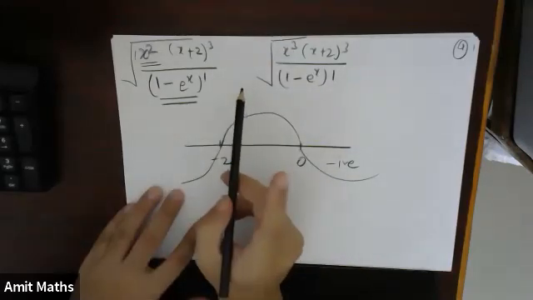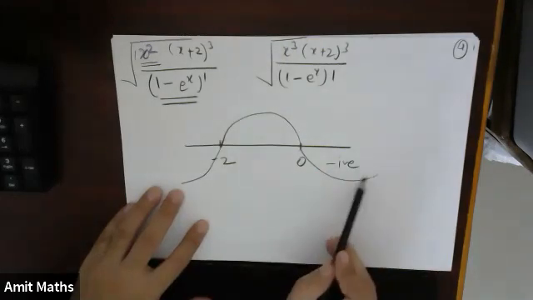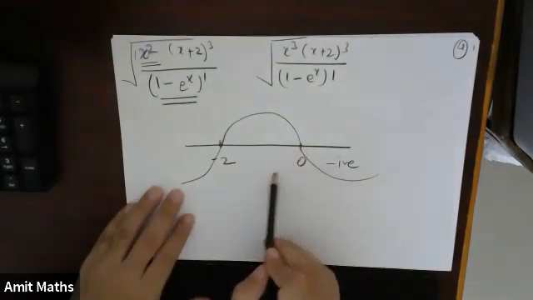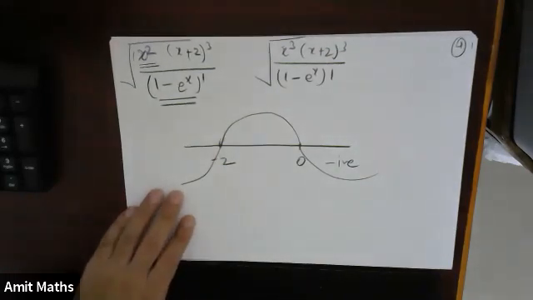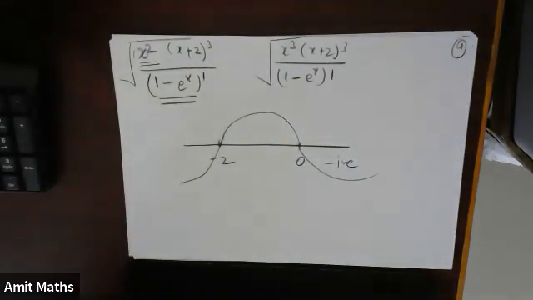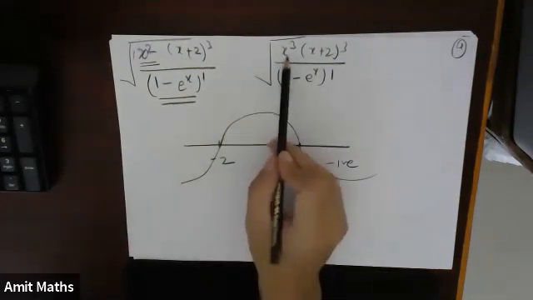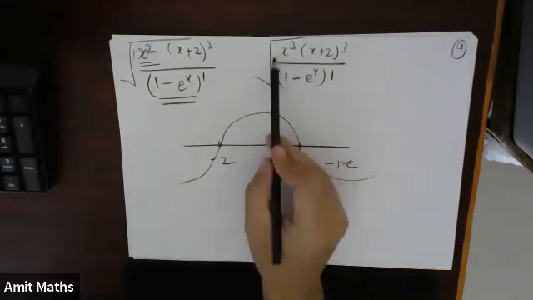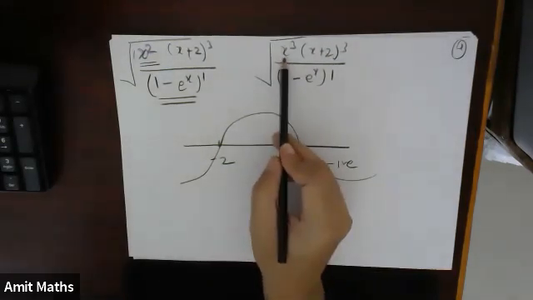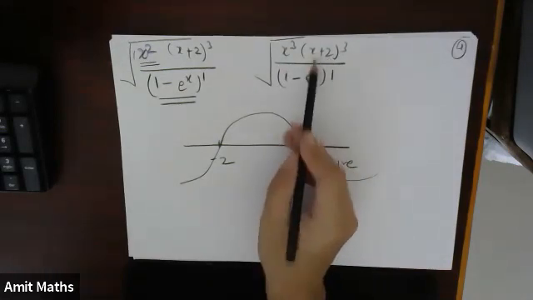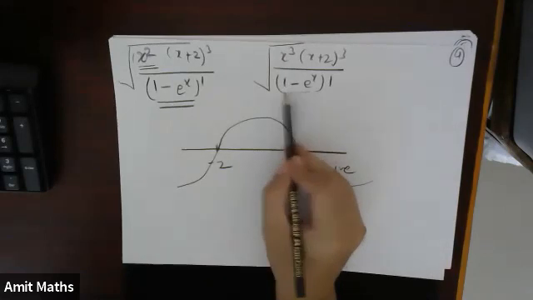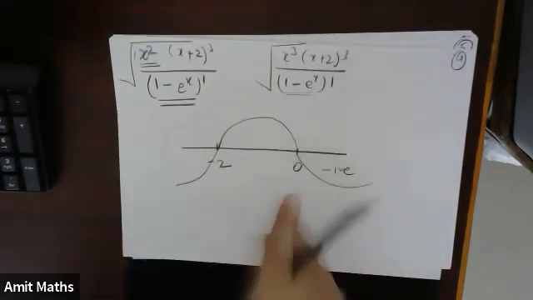In that case, what will happen? At the critical point, it will bounce back, and at this power, it will move on. Understood? Critical points, if you remember, we take by setting each factor equal to 0. This equal to 0 means x is equal to 0. X plus 2 is equal to 0 means x is equal to minus 2. And for this one, x is equal to 0. So I hope this is okay.